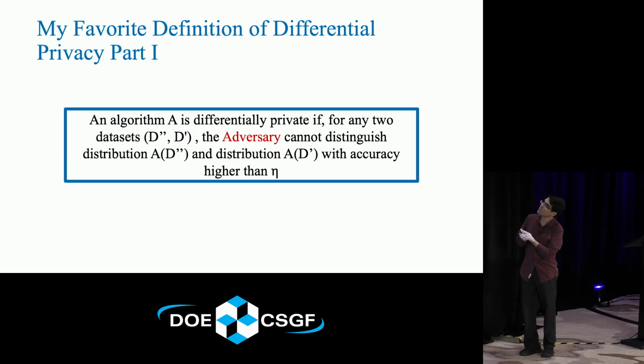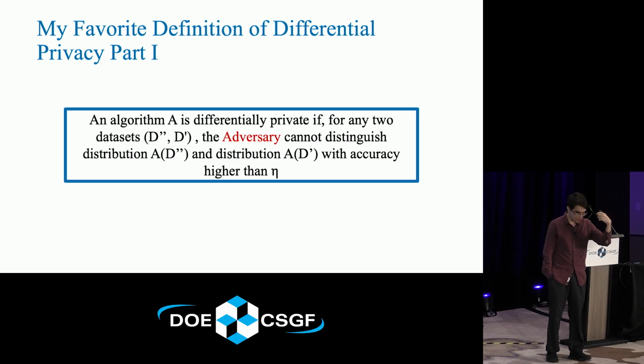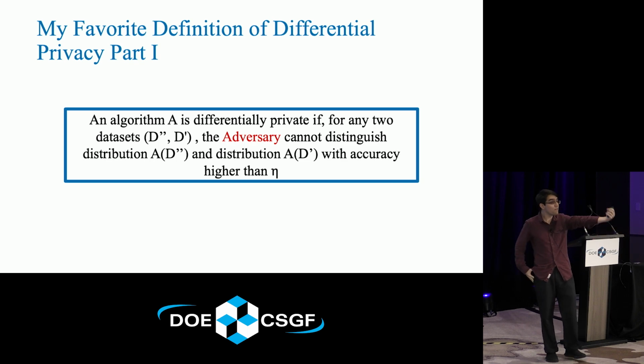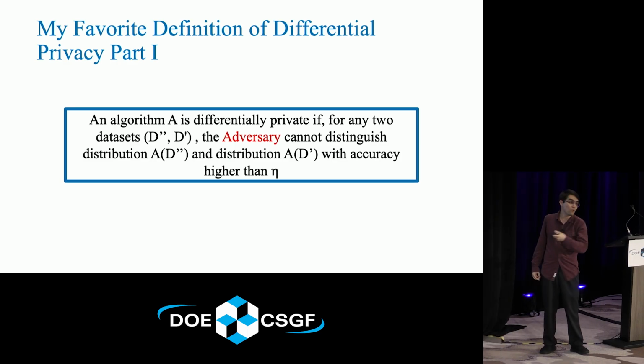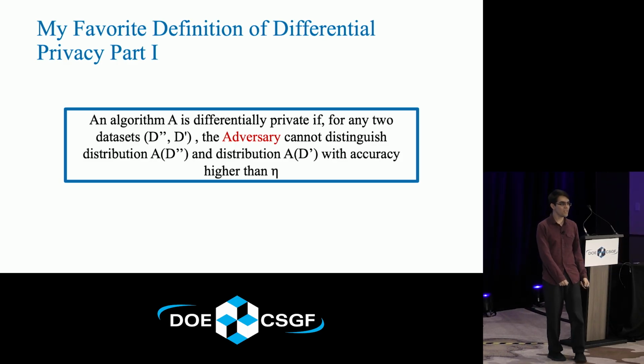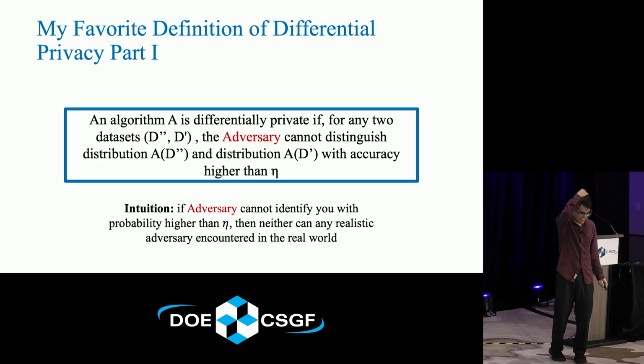We say it's differentially private if the adversary cannot distinguish between these two distributions with accuracy higher than some number, I call it eta here. So that means that no matter what attack the adversary makes to determine if you're in the data set or not, their accuracy in doing that is bounded. And it's bounded by this number that I will call eta. And so with all that primer out of the way, now that we have a definition for privacy,